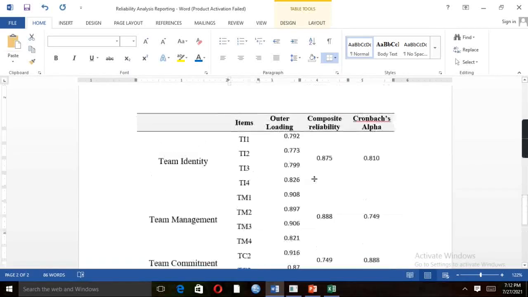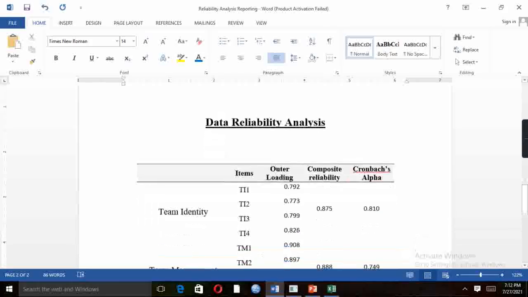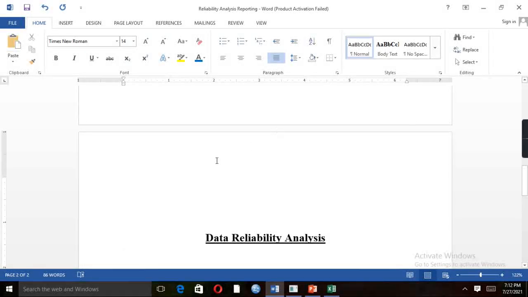So this is how we complete the table formalities, and now time comes to write down some reporting.